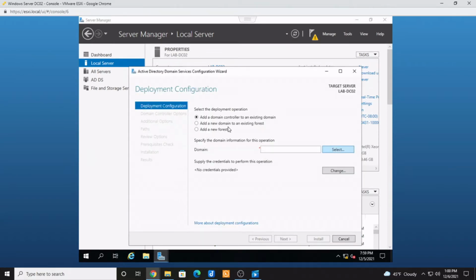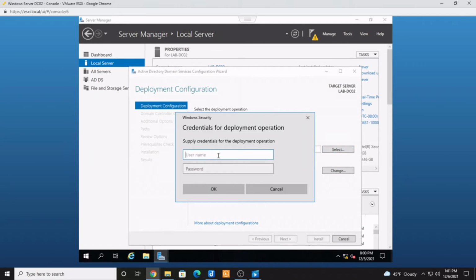It's going to load up. Since we are not configuring a new domain, and we are going to add it to an existing domain, we're going to leave it on that first option right here: add a domain controller to an existing domain. And here we're going to put cyberme.local, which is the domain that I have created previously. It's going to ask for some user credentials. What I figured out here, which helped me out, is that you obviously want to use the administrator account on the DC01. But when I did that,